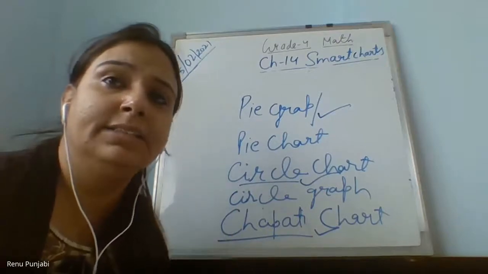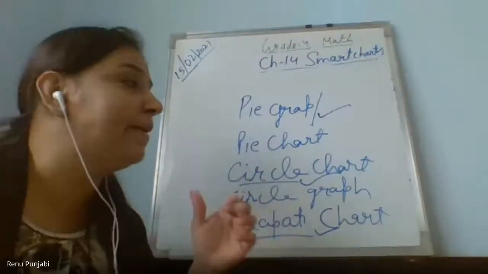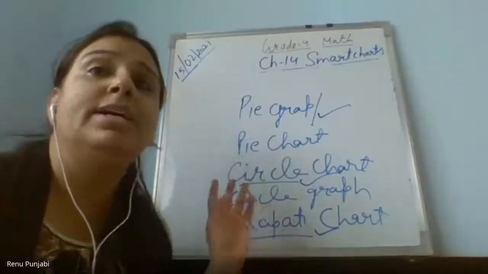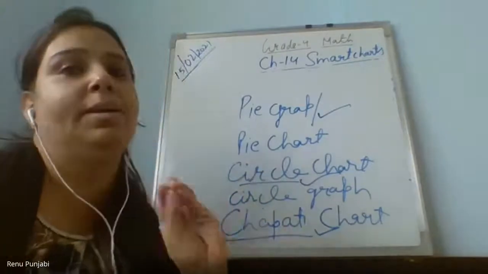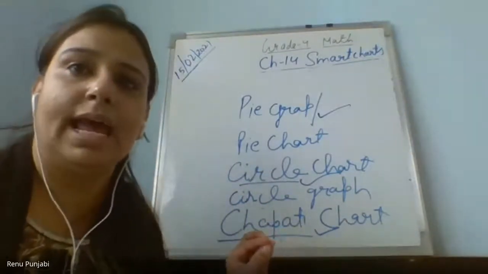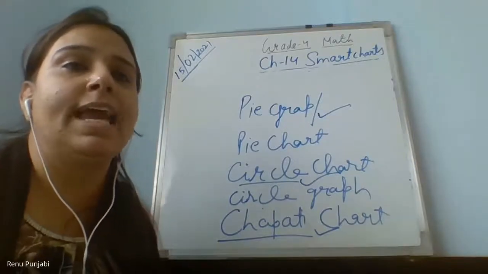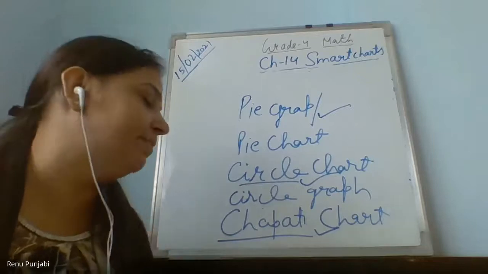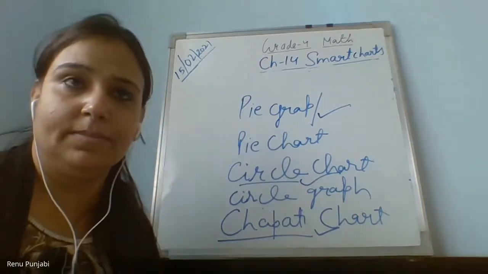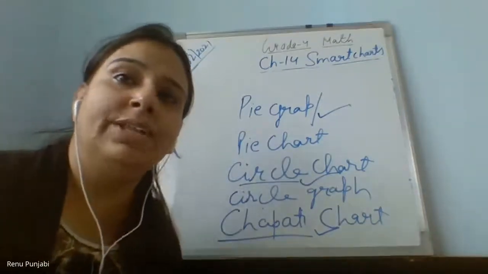Chapati chart. So chapati chart and the pie chart, pie graph, circle graph, सब एक ही है पर नाम अलग अलग है. Right? Yes, और chapati spelling is wrong. रुद्र जजड़िया, CHAPATI, chapati. Are you all clear with the different names of this chart?